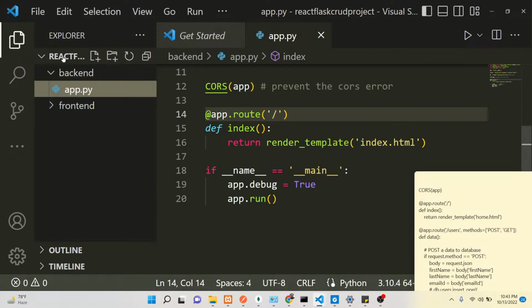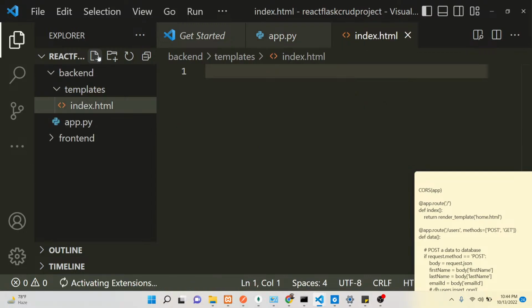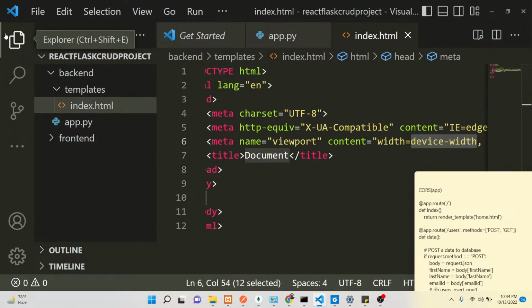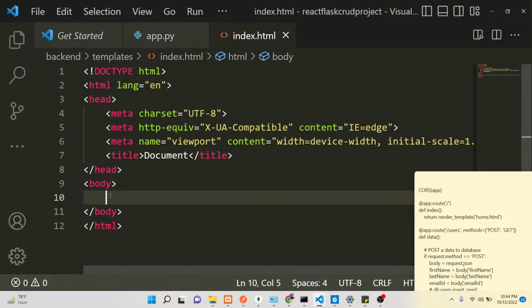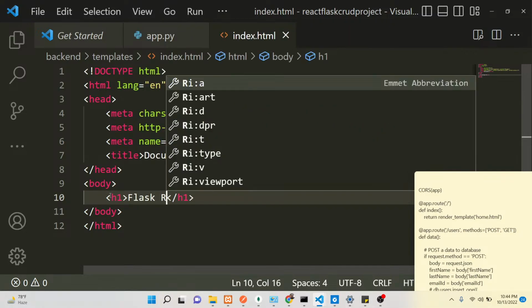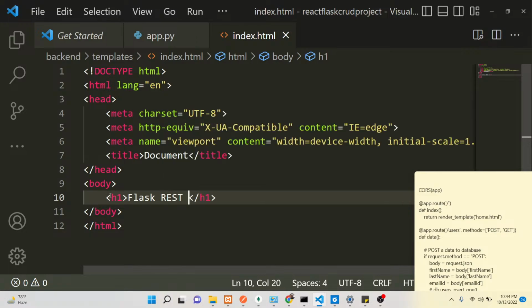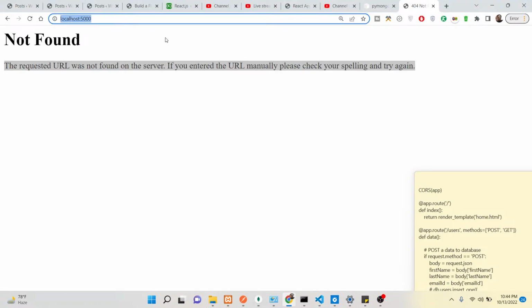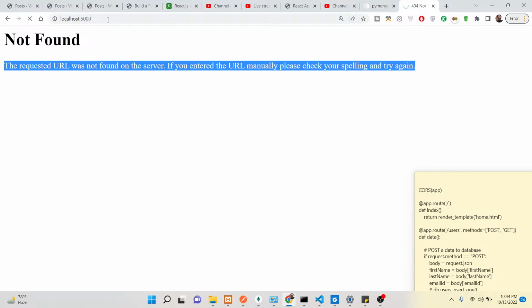You just need to create a templates folder. This is not required, but I am just showing you how to return some kind of HTML inside your Flask application. Basically this will be the API. You don't need to write any HTML here, but just for clarity, Flask REST API, like this. Whenever you go to the home page, guys, now you will see, if you refresh it now,